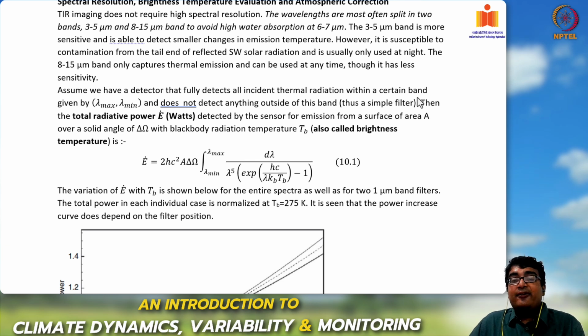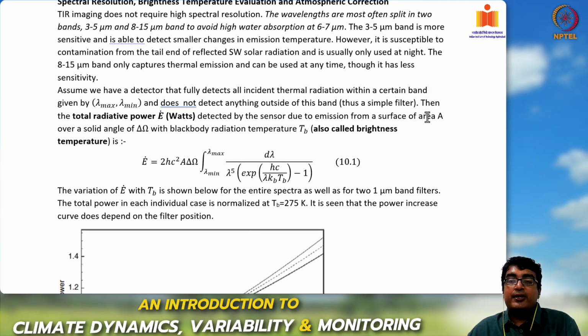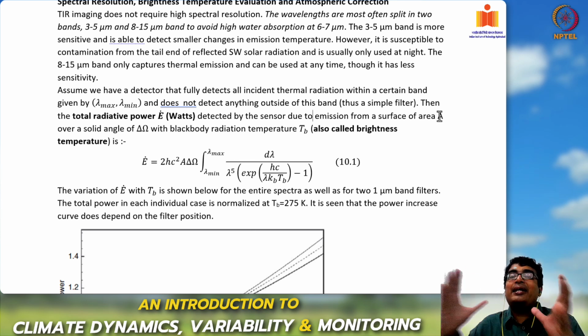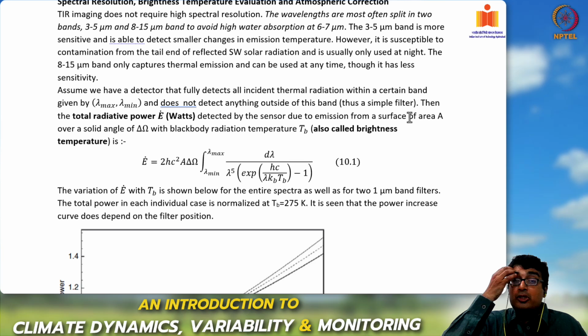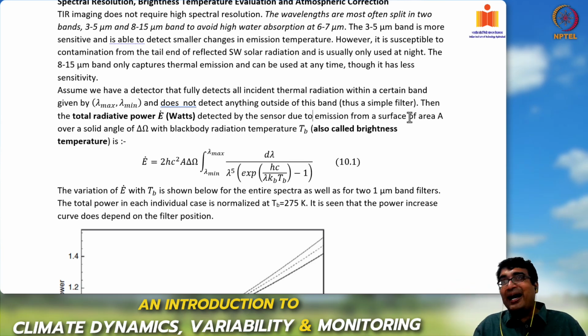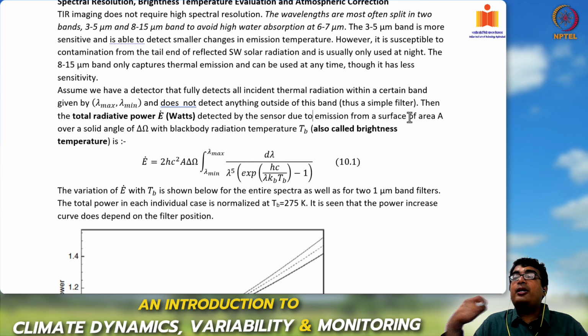Then the total radiative power E dot detected by the sensor, due to emission from a surface of area A. So we have again a result of area A over a solid angle delta omega. This solid angle is what is being projected onto your detector, correct? So the total energy emitted by the surface of area A over a solid angle delta omega, which is incident on your detector, and suppose this surface has a black body radiation temperature, often called the brightness temperature,